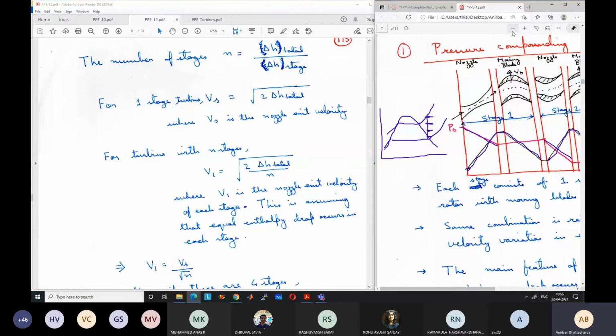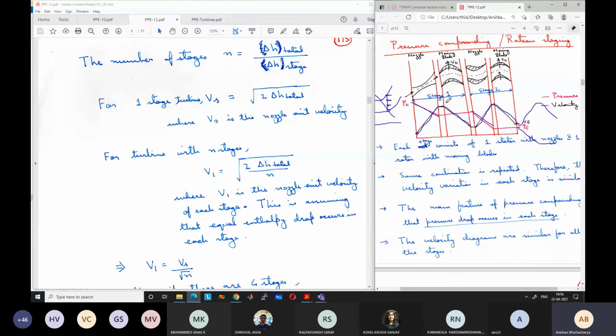if the specific volume increases, what will happen to the velocity in each stage? Did you understand my question? In each stage, the pressure and temperature are decreasing, which means the specific volume is increasing. Now say I design the stages so that all the stages have the same diameter and the same length of blade. What will happen to the flow velocity for each stage? Will it remain the same, like what we have drawn?